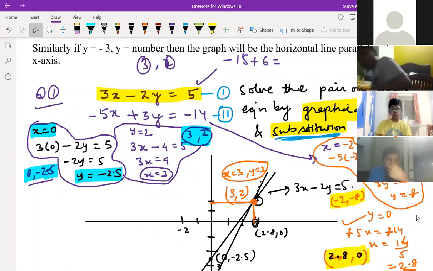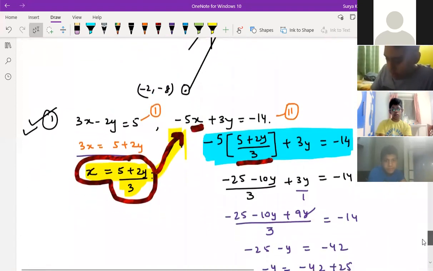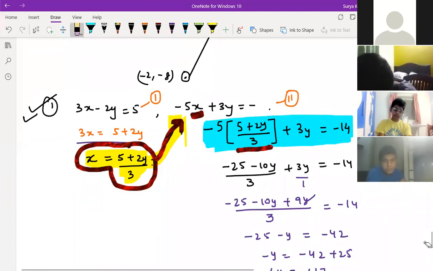The question here should be 9. Then only this will match. 3 5s are 15, minus 15 plus 6, that is minus 9. I have given the question wrong; here it should be 9 only, not 14. That's why we made a mistake here. But what should be there, children, instead of this 14? Minus 9. Keep minus 9 over here. Then it should come out properly.